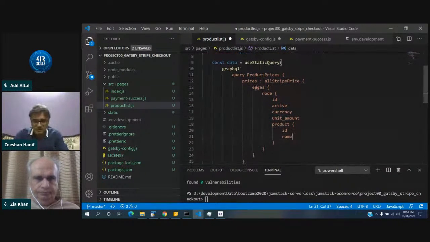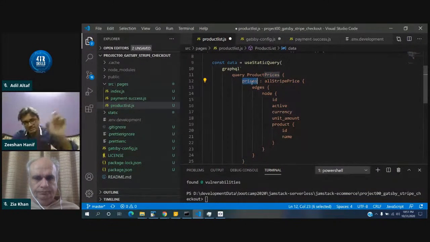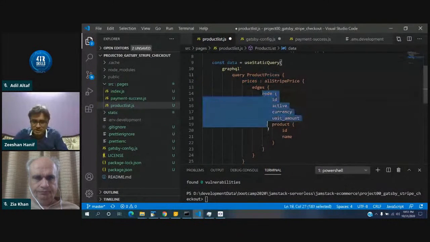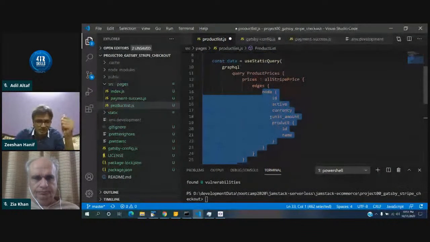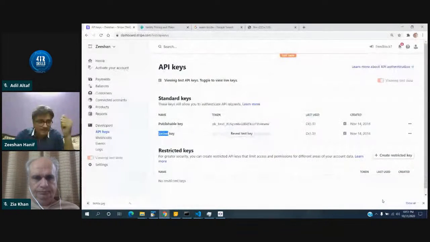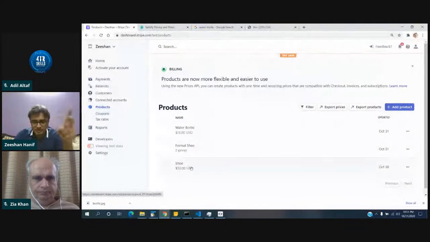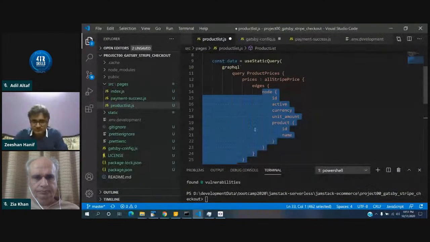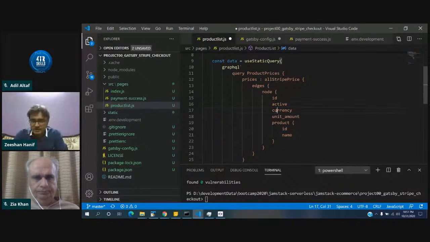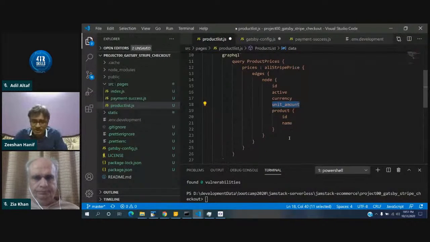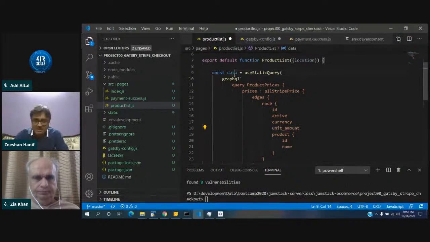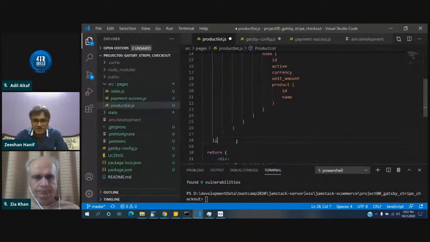So that's what the query is. It's trying to access all the prices. As I said, it refers based on the prices. We'll have the nodes, and as we have three products in our Stripe at this moment, but the shoe product has two prices, so it will show us four products. So node: is it active, what's the currency, unit amount, the amount, product name. Once it is called at build time, the data will be available in the data property, which we can